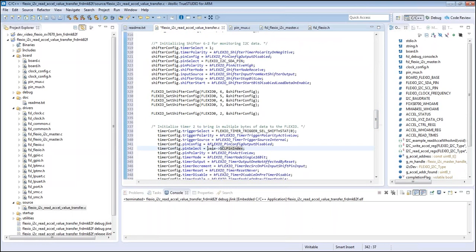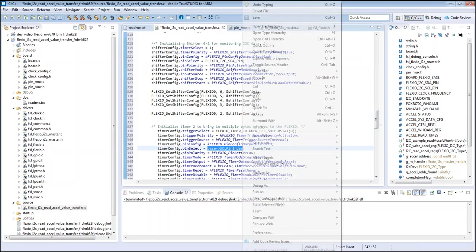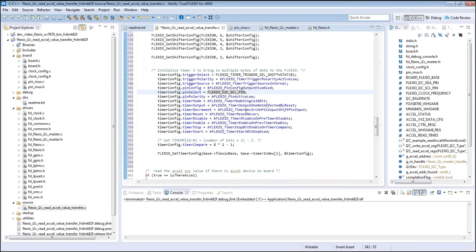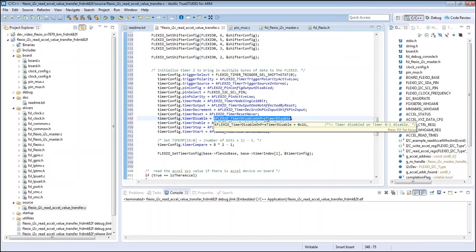And so I'm going to update that line of code as well. And then we need to make a couple more changes because right now it is set up to do 1 byte transfer at a time. And we want to bring in many bytes. And so in order to do that, we need to update the firmware so that the timer is not